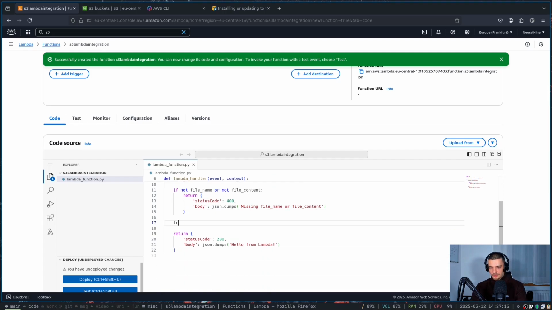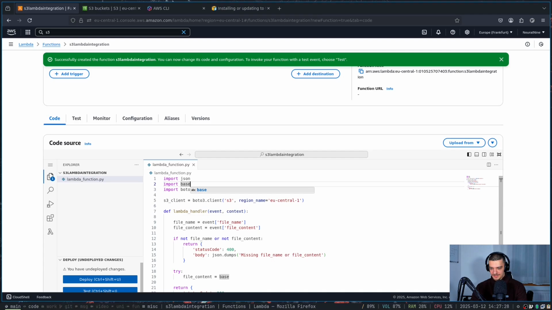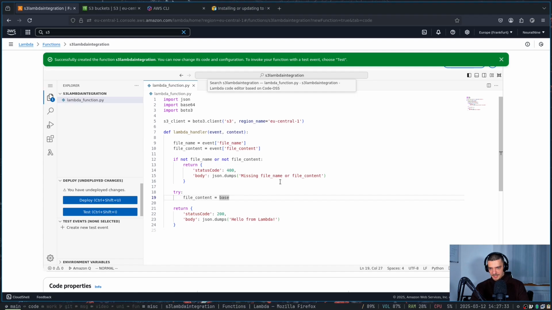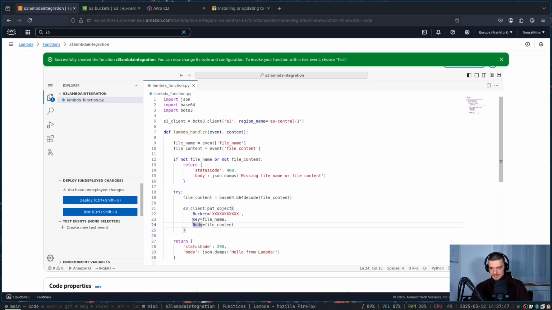Otherwise, what we're going to do is we're going to try to decode the string. So we're going to say here try, and I'm going to say file_content is equal to base. Actually, we need to import that. I need to say import base64. So now I'm going to say base64.b64decode file_content, and then I'm going to say s3_client.put_object, it already suggests what I want to do here. Bucket, Key, Body. So the key is obviously going to be file_name, body is going to be file_content,